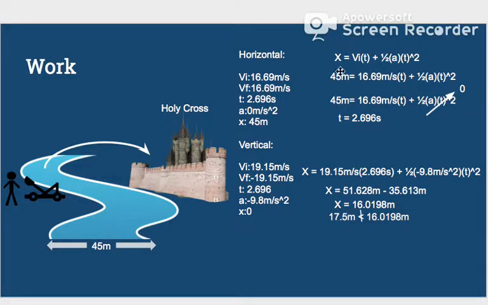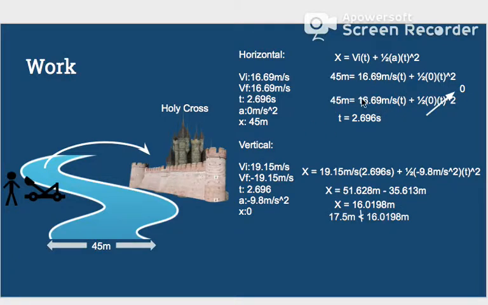So, using the displacement formula, we have our x bar, or the 45 meters, because we want to know the time at which it will be at 45 meters. And so, using this 45 meters, we will set it equal to 16.69 meters per second times the time, which we do not know yet, plus 1/2 acceleration, which was 0, and we already defined this earlier in the video, times time, which we do not know again,